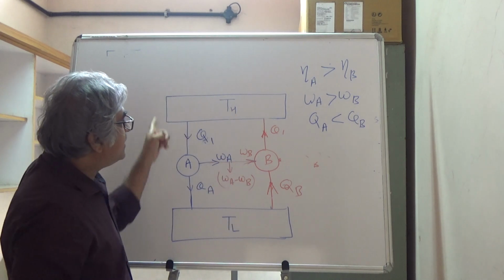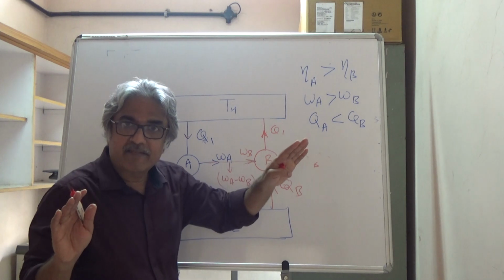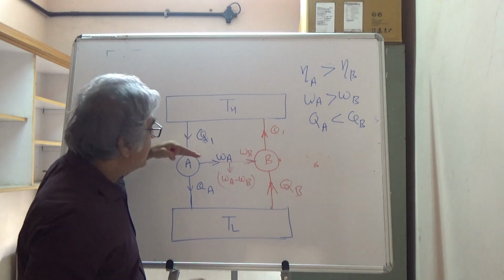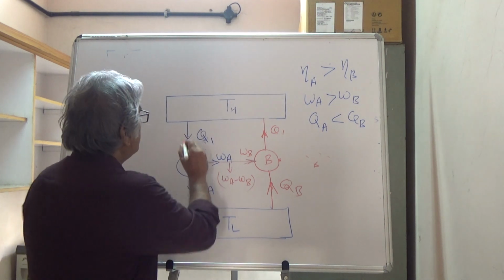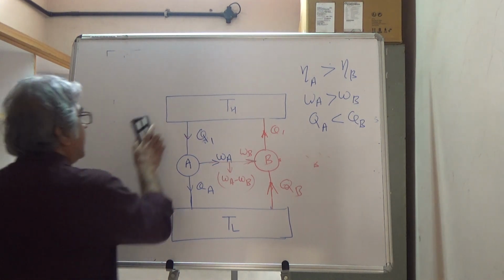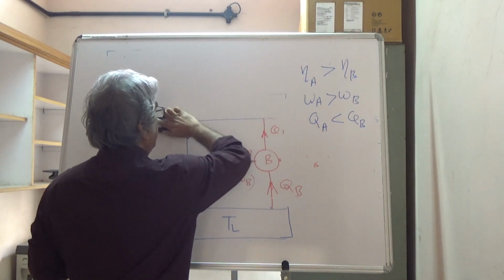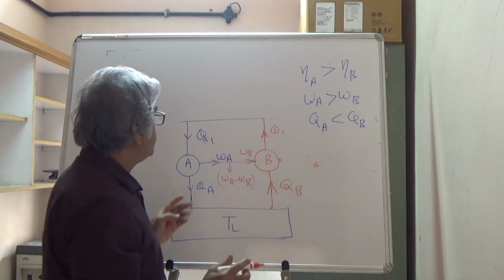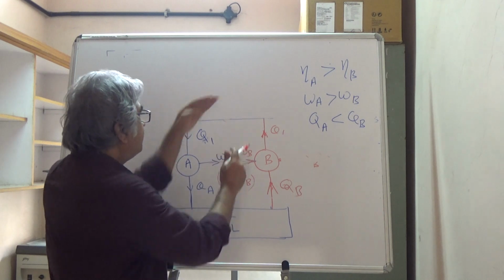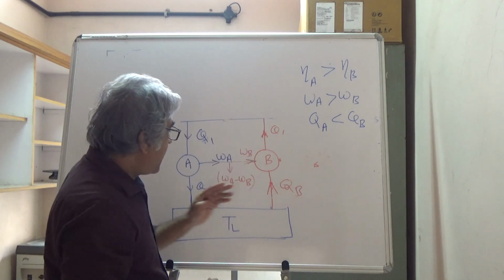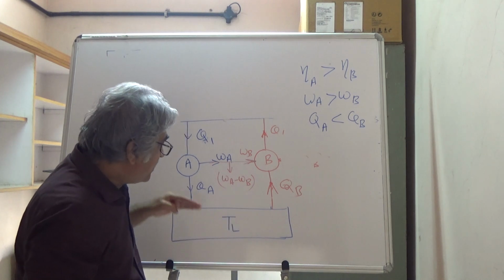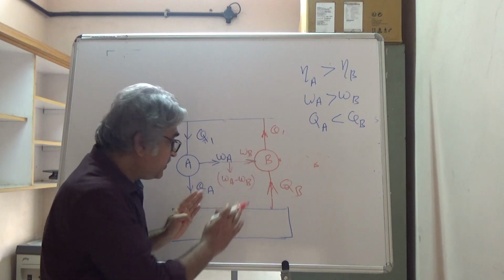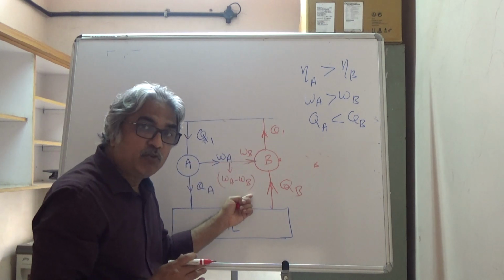And look at this. This source has lost its relevance because the net heat supplied from here is zero, because it is giving Q1 here and it is receiving Q1. So this is gone. So I can just remove this. This is what we did when we dealt with the Kelvin-Planck and Clausius statements. So the source is done away with. And we have one body which is giving heat to the engine. So this is a combined engine, and it is giving you WA minus WB as net work.